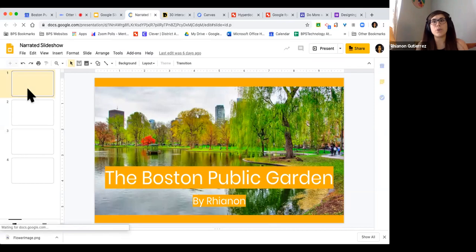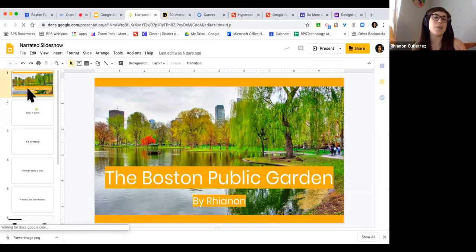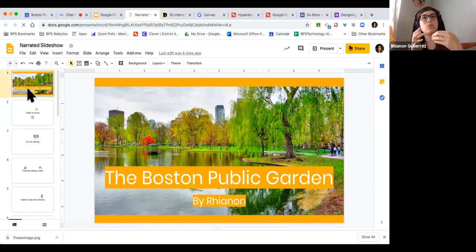Google Slides can be great for creating interactive storybooks as well. You might even be wanting to do that with your students for various reasons. Maybe you want to embed video in there so you could assign some stories to them. Maybe you want to embed images in there so that they can just see those words visualized. Or maybe you're looking to embed your voice and have audio in there. Whatever you decide to do, all of that is entirely possible with Google Slides. So with that being said, let's take a look at what I created.